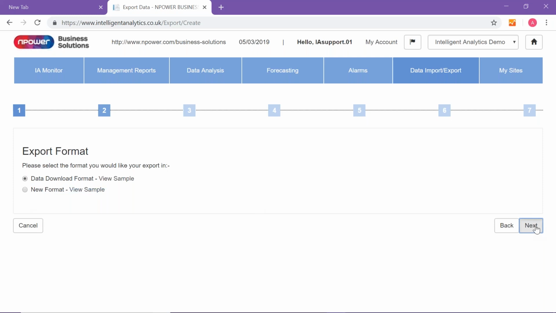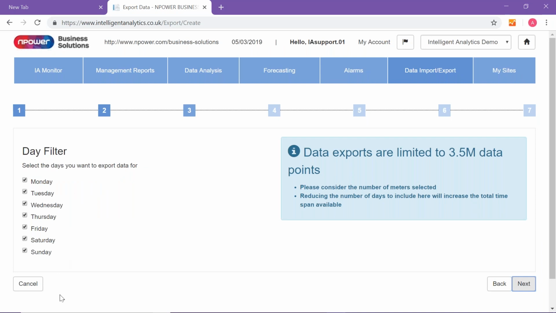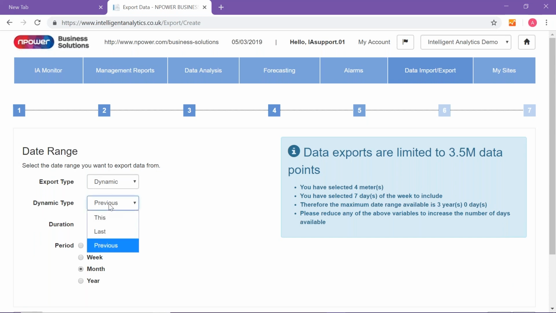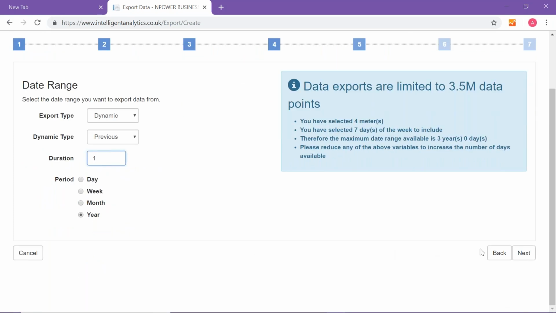So I'm going to select next, and I want it for all days of the week, so I'm going to leave that selected as default for me. And I'm going to select static or dynamic. I'm going to select dynamic, and I'm going to say the previous month. I only want 1 month. Previous year, and I only want 1 year, but the data goes back further than that. So if you wanted the previous 3 years, you could expand on that and put this duration to 2 or 3. I'm going to select next,